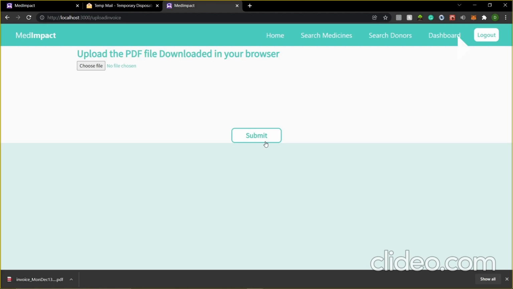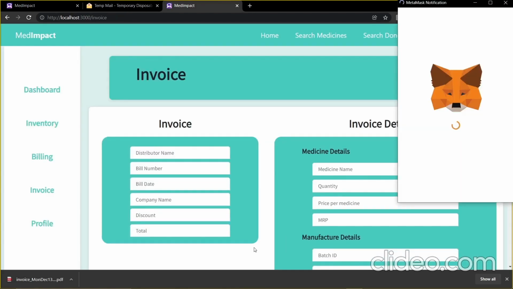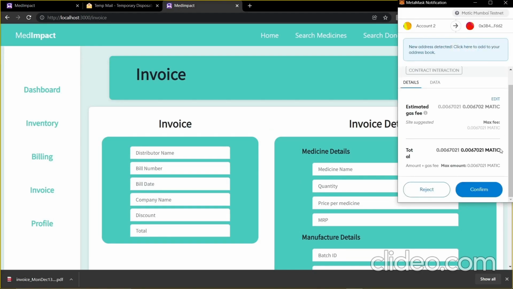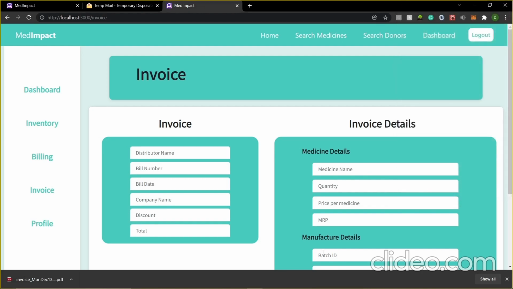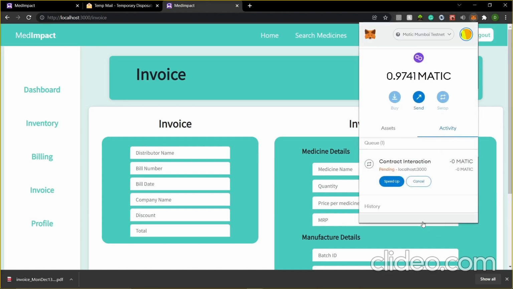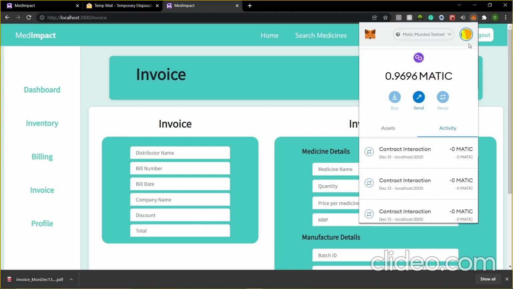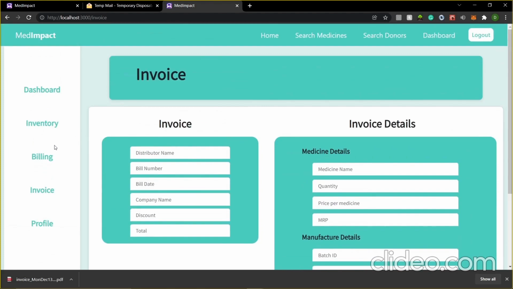So we now upload this receipt to IPFS. IPFS is the InterPlanetary File System, which is a protocol and a peer-to-peer network for storing and sharing data in a distributed file system. So we start the transaction for IPFS, and then we confirm it, and again it is processing on the Matic network. After taking some gas, it will complete. The file will get stored on IPFS, and we'll also retrieve it from IPFS through the Infura node. So this is the transaction receipt. And now we'll show the inventory.